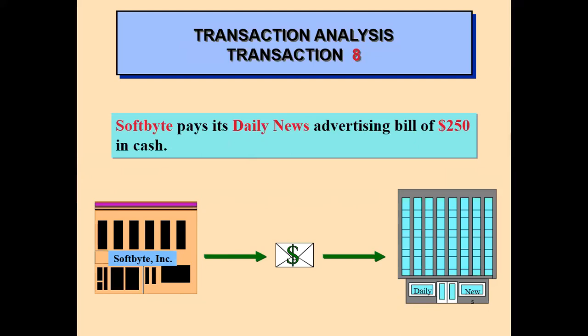The next, previously we have seen this transaction. The transaction is that on behalf of you, Daily News gave advertisement and they sent you a bill, but you didn't pay that money. So at that time you showed this transaction as an advertisement expense and accounts payable. But here in this transaction they said ShopBite pays its Daily News advertising bill of 250 in cash. So if you pay cash, cash will decrease, and you are paying it from the accounts payable, so accounts